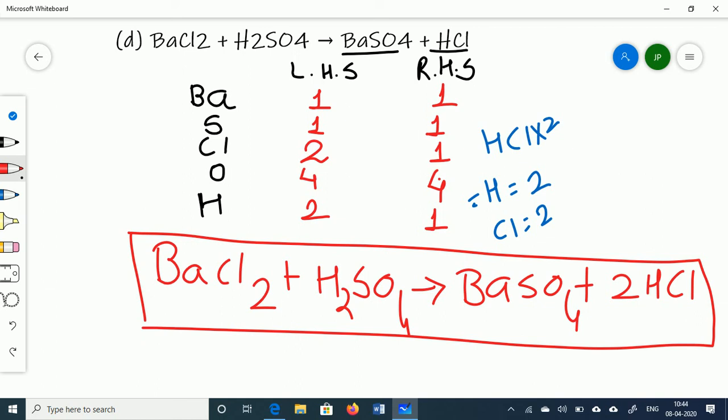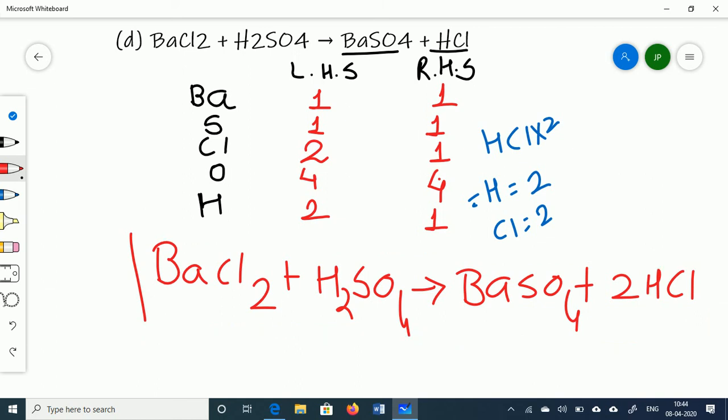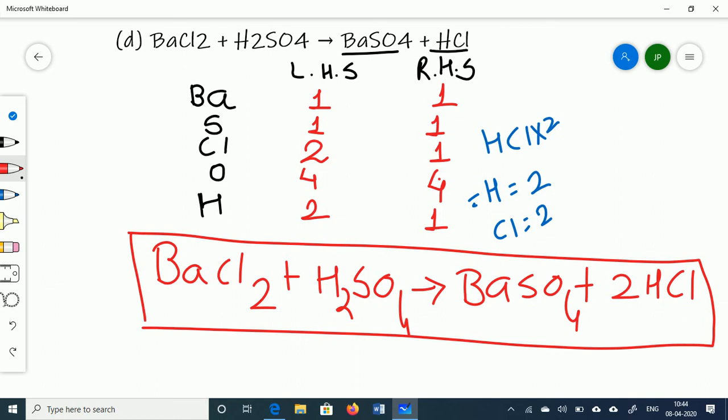So sometimes you will observe different types of chemical equations. In some chemical equations more trials are required, meaning a greater number of multiplications is required. Some chemical equations are already in balanced form, and in some chemical equations a minor correction is required for balancing. So by this way I think you come to know how to balance a chemical equation.